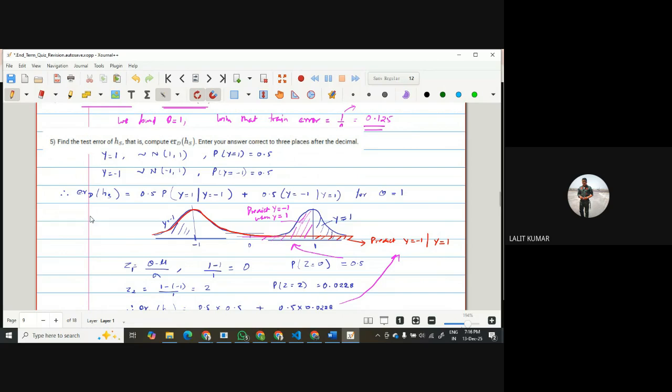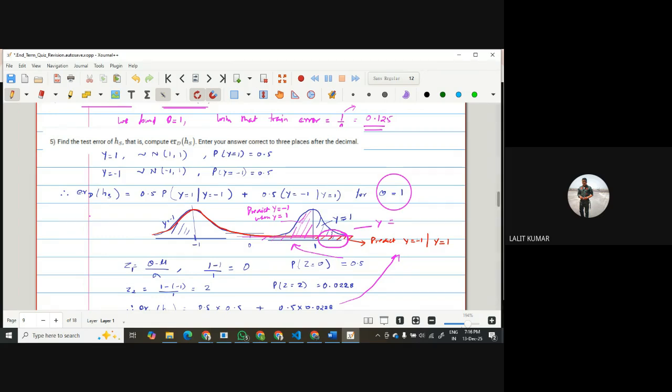Second is to find the test error. For the test error, we know the actual distribution is Gaussian with means -1 and 1, so the test error L_D(h_S) is 0.5 by the same concept. But now we have to find it for theta is equal to 1, whereas earlier we had selected theta is equal to 0. For theta is equal to 1, I predict y is equal to 1, but the actual y was -1. This is the area where actually y is -1,